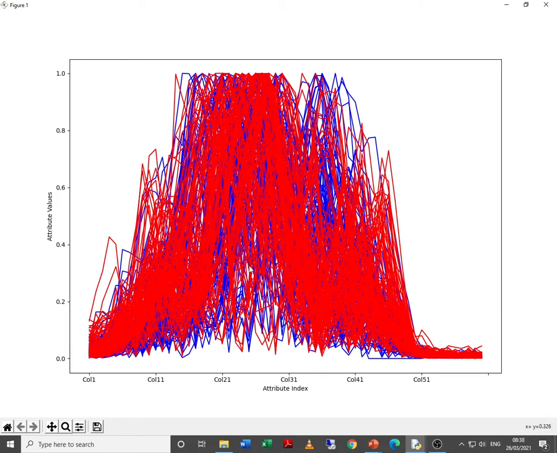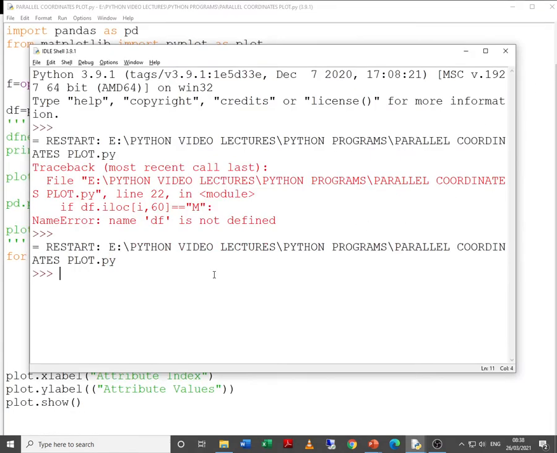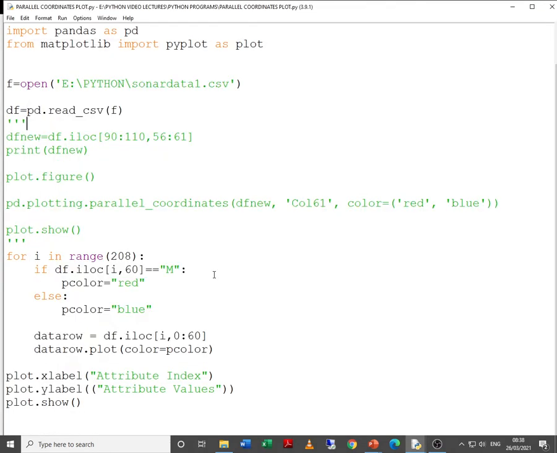Because there are 208 records and we have taken 61 columns, so that is why it does not actually give a real feel of the parallel coordinate plot. It gives a different look at all. Now let us try to understand the program and then we come back, we make some changes to the program.